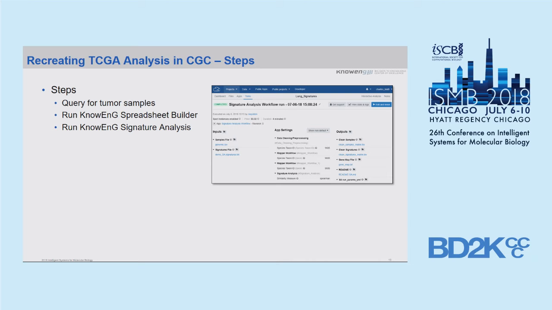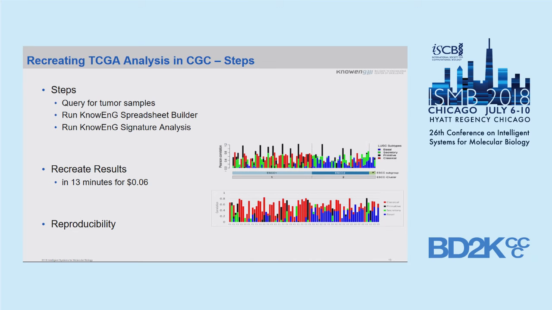The image on the right is just a sample of what you might see in the CGC when you're setting up and running this process. The inputs are on the left. In the center are the different parameters that are specific to the tool. And then when the run is complete, you see the outputs that are generated. With about 20 button clicks necessary to launch this run, and the analysis tools using cloud compute resources for about 13 minutes, ending up costing us about 6 cents, we can recreate this particular part of this TCGA